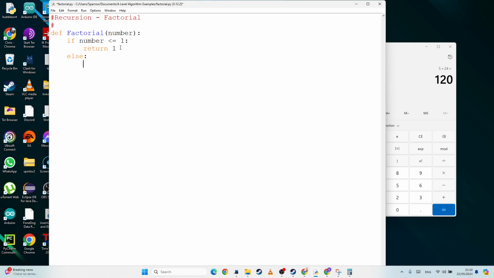Else, I'm going to return the number multiplied by the factorial of the number minus 1. Okay, and this is the crucial thing about recursion, is that this function is going to call